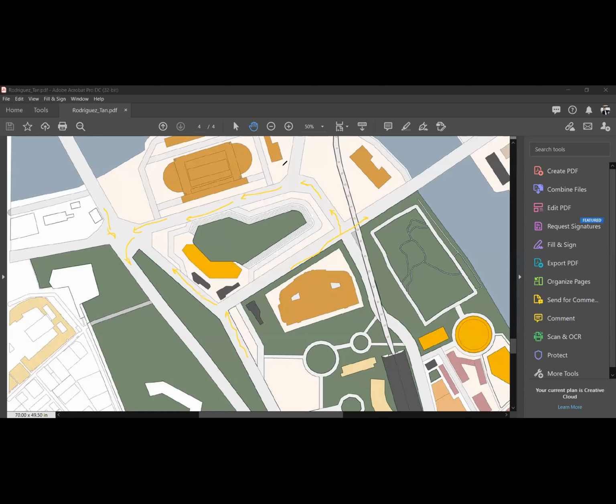And then, okay. Sorry, I don't know how to clear. I'll just erase it. All right. And then moving on would be